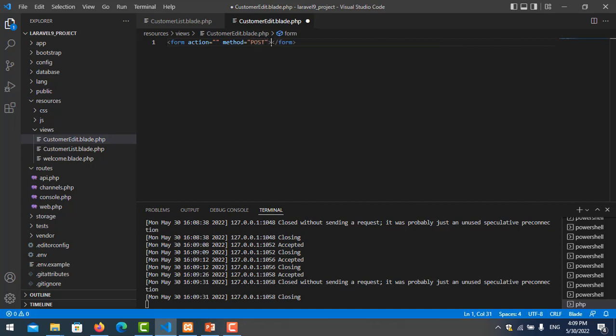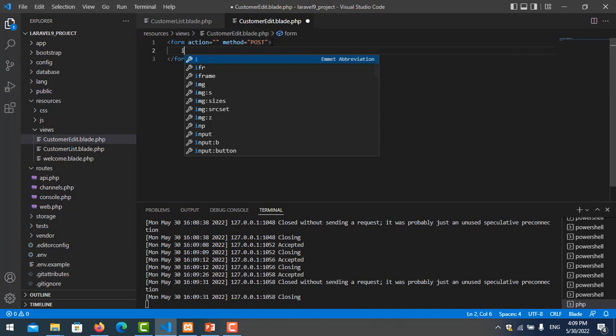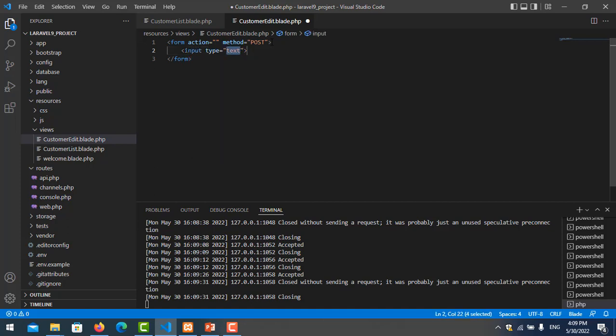Input text, and the name is id, and the placeholder is input id. Okay, I use br,